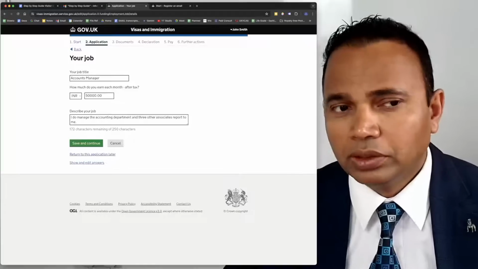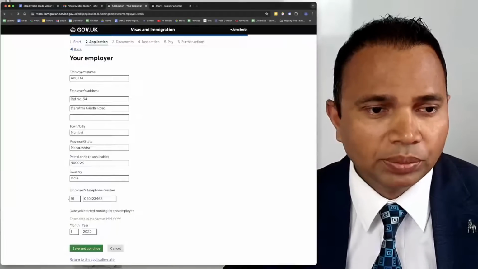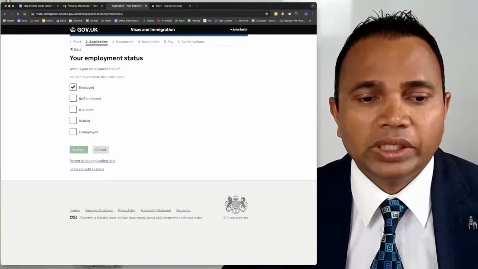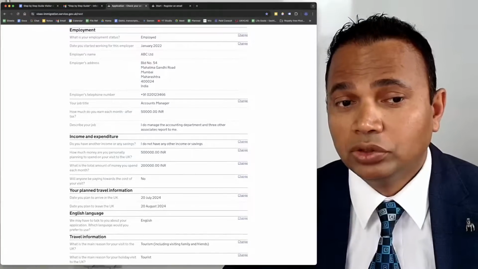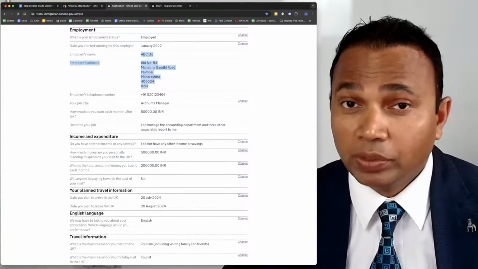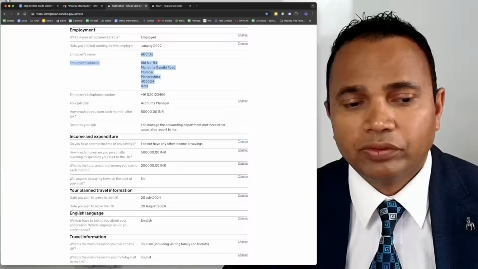But remember, whatever you write here, you have to give evidence for that. For example, I'll come to employment. So it is advisable to put at least last 3 months of pay slips for your employment to show proof, corresponding bank statement showing the payment of salaries into your bank account, and a letter from employer that after you come back from your holiday,